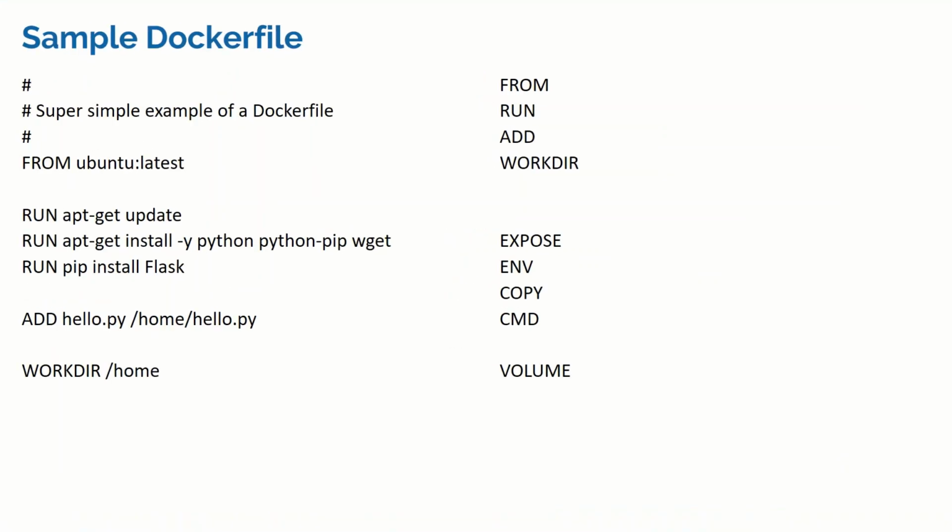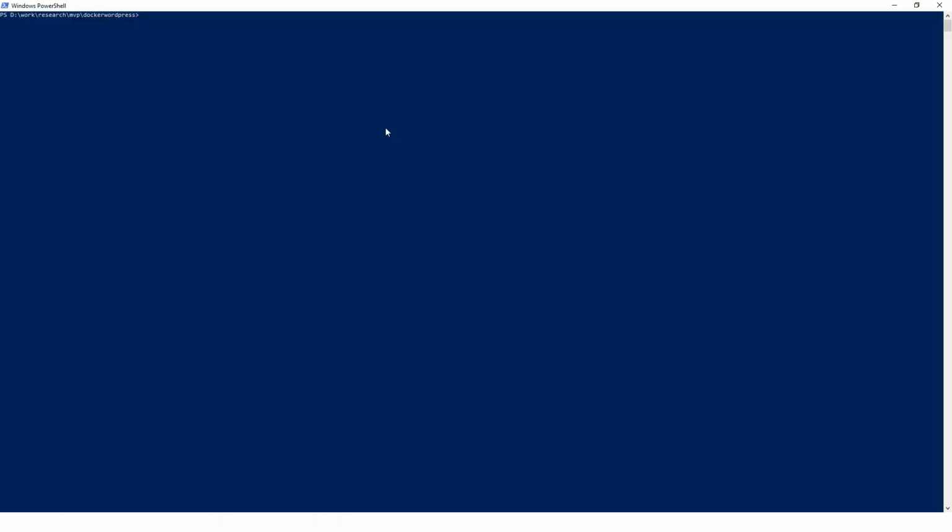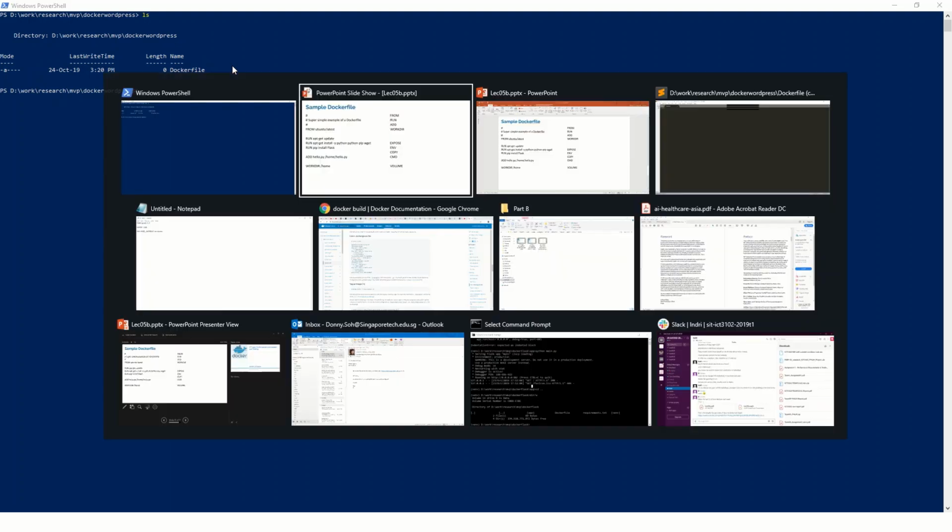Okay, to create this Dockerfile, you can first go over to PowerShell and create a directory there. In this case, I've created the directory called Docker WordPress, and as you can see here, after that I created a file known as Dockerfile. Take note that the file name is case sensitive, it has a capital D, and there's no extension there. After doing this, you can head over to your favorite editor,